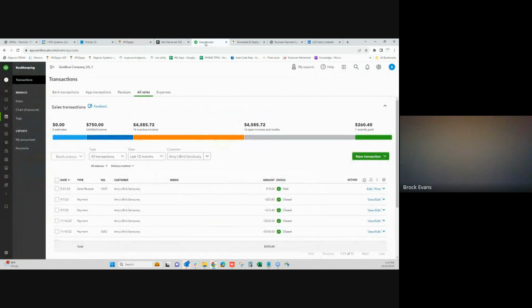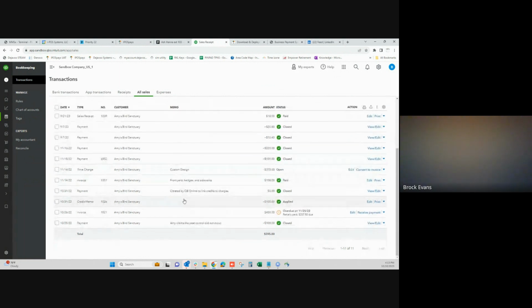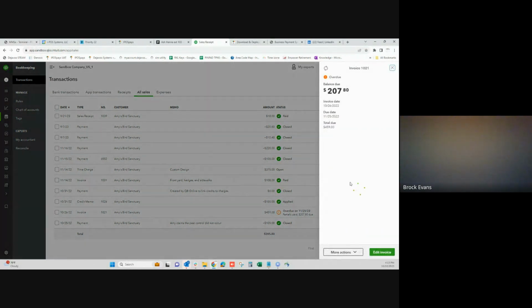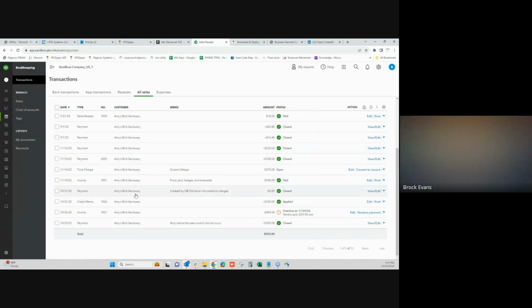Now I'm going to hop into my QuickBooks real quick. So if I go down to invoice 1021 and open that up, just scroll up a little bit, you can see this payment that we just ran for $10. It's being added into that invoice. Okay, so it's pretty cool. It'll put it straight into invoices if you want to. You can also do it without the invoices,